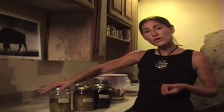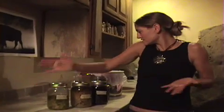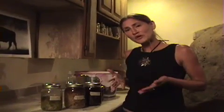I'm also going to dry some of my berries so that I can store them for long term, and I'll have these different elderberry products for the rest of the year. So get out there and get out harvesting. It's really a